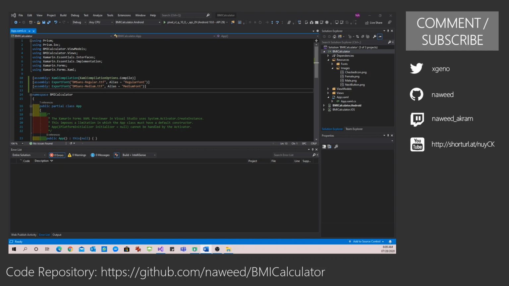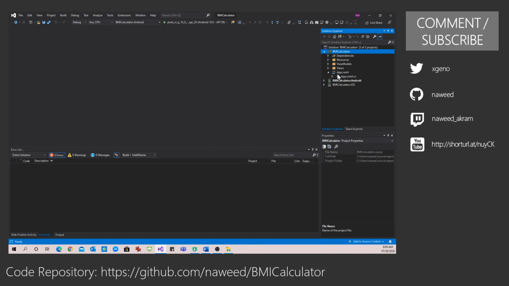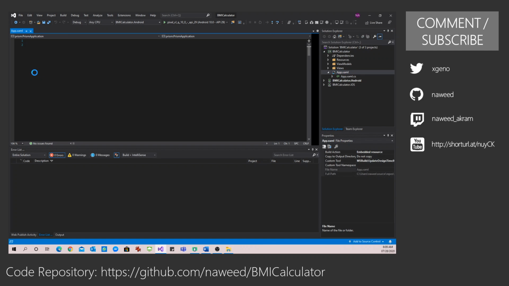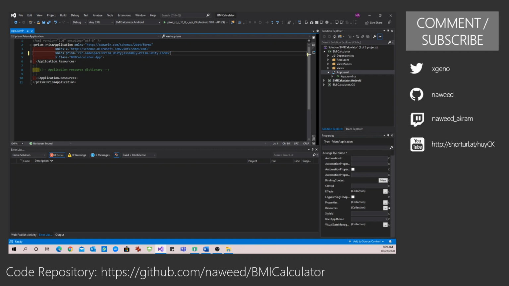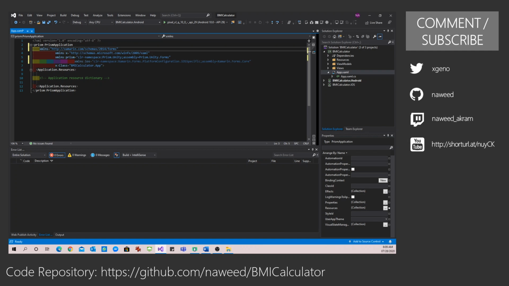Now with this out of the way, let me define some styles in my application. Some of the common styles which I will be using. So the very first thing is I'll be replacing this Prism library with the actual Prism Unity container that we have, and I'm also going to define an iOS namespace to use the safe spaces. Let's format it a bit better.